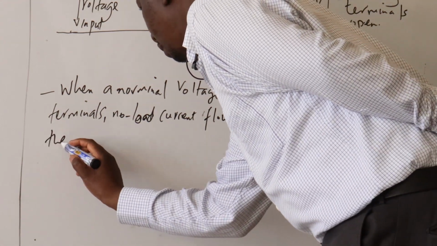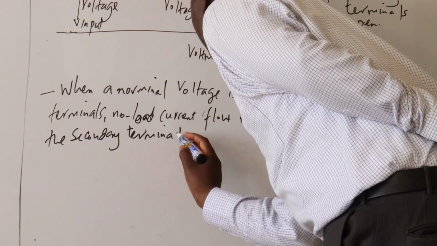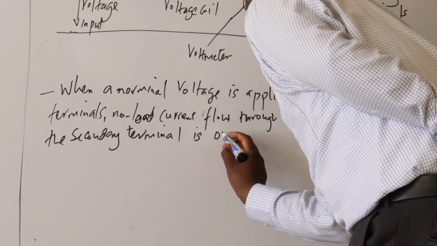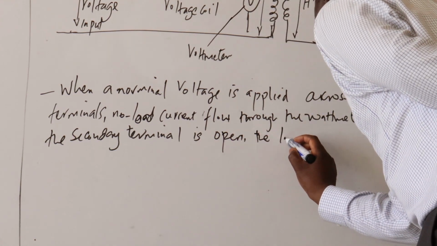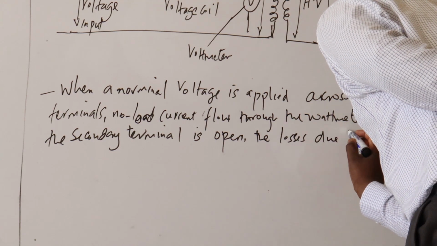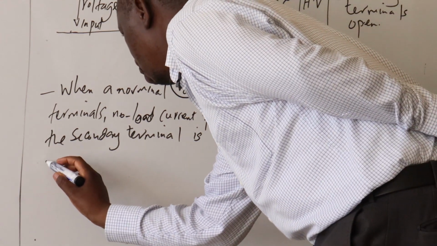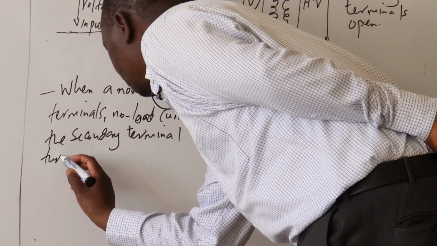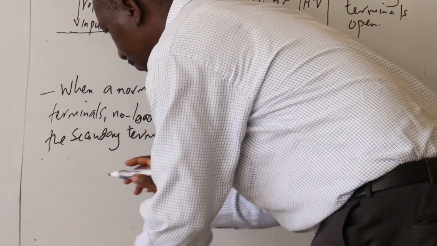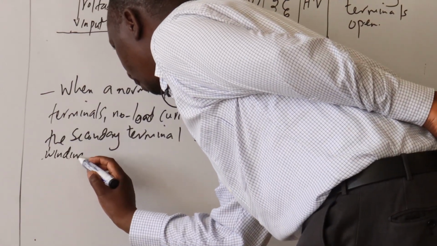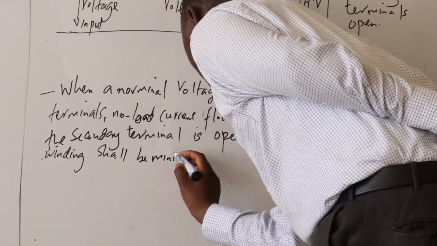Since the secondary terminals are open, the losses due to the copper turns, or the copper windings, shall be minimal